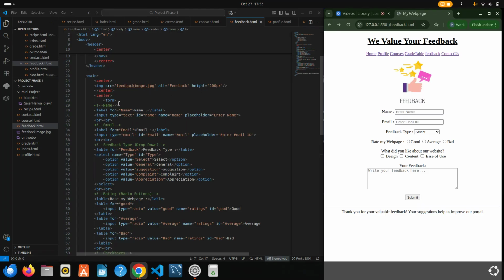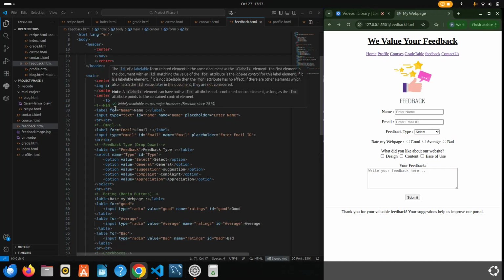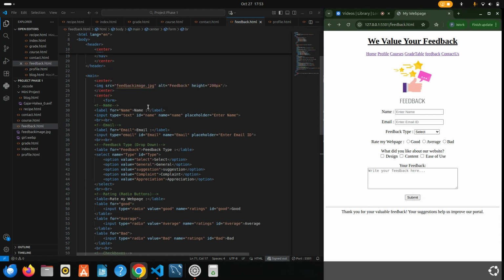This is the alt attribute. It is the alternative name of the image. And this is height. It adjusts the image size. And here the form tag. It contains the whole form content. Here I used a comment. This is shown in code but not on the page. Here label is used to define a text label for a form.